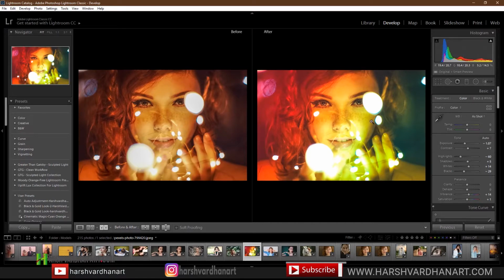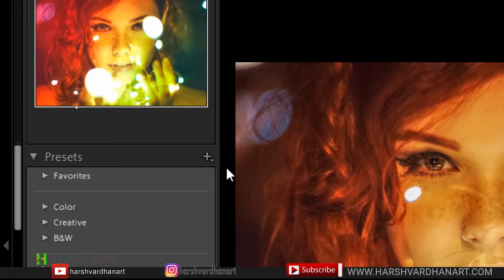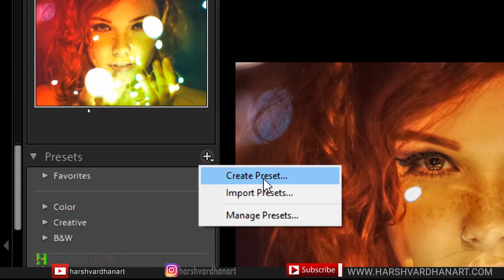So we cannot get the exact same effect as we were getting in Adobe Photoshop, but yes, you can literally make some kind of a similar effect in Adobe Lightroom as well. So let's create a preset of this and apply it on other images. So for this purpose, we'll come over here on the preset panel, click on the plus icon and select the